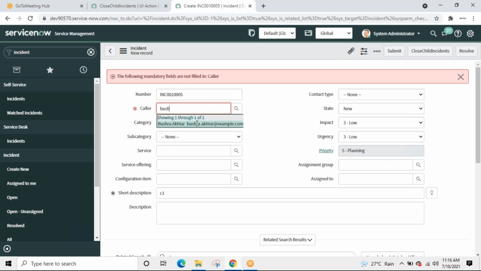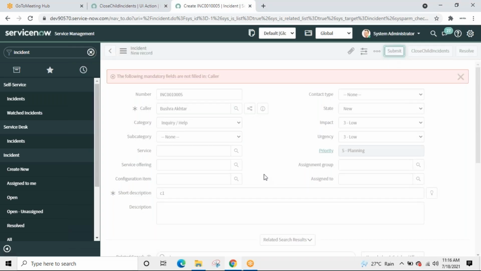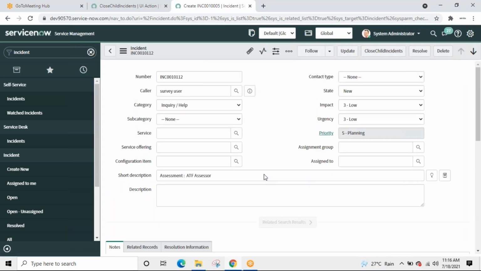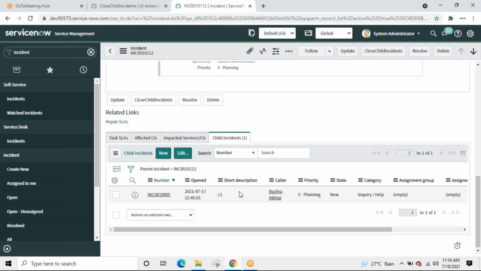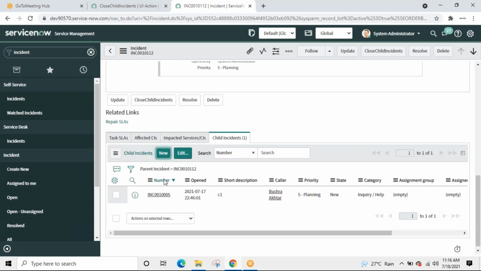Who reported the incident? Suppose Bushra. Okay, this is our parent incident 112. To this parent incident, we have associated one child incident, which is this. I want to associate a few more. At least there should be 3 so that we can test it.